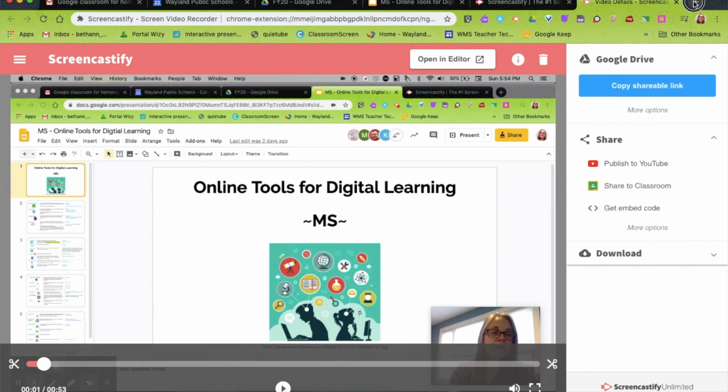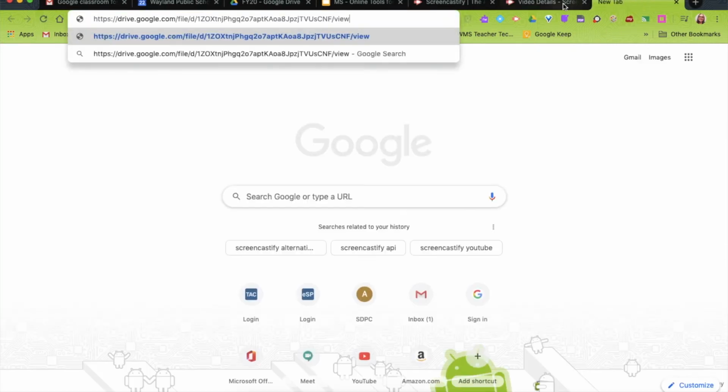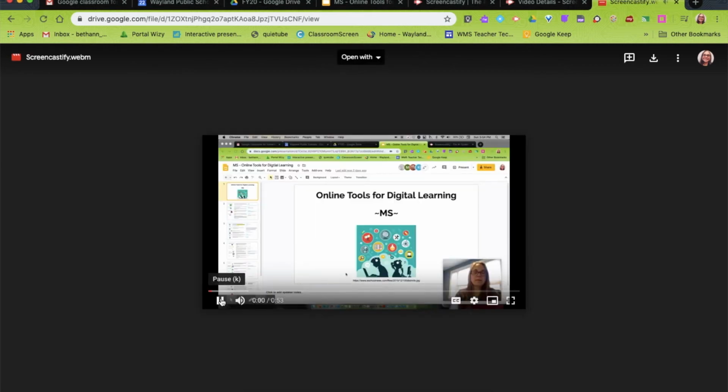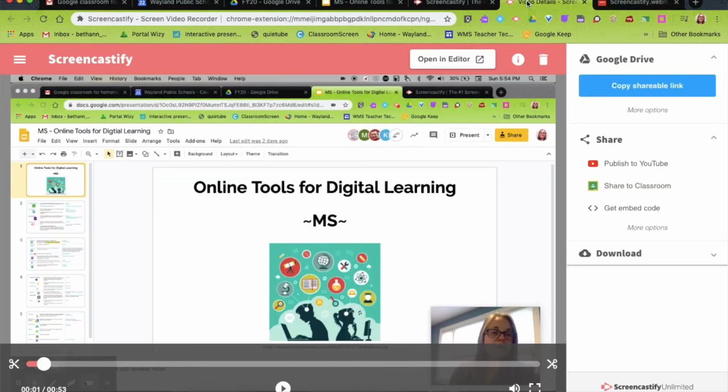I'm going to open up a new tab. I'm going to paste that link that I copied and show you what it looks like. And let's see if it's rendered or not. Sure enough, it has, and it will just play in Google Drive. And you can use that link, you can paste it anywhere you want. If it's a longer video or there's a lot of people using Google Drive, then you may want to opt to publish to YouTube